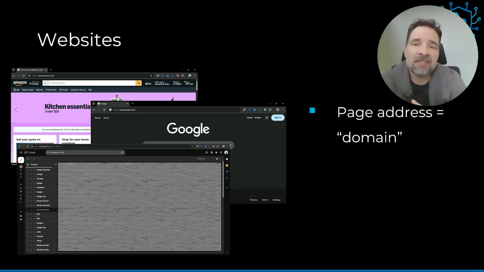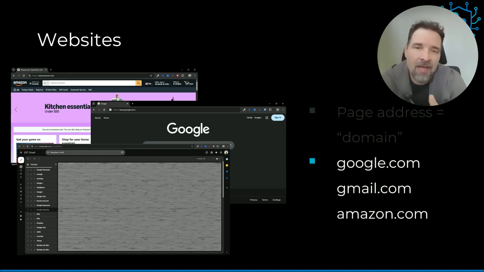So a page address, what you type in your browser to open, is what we refer to as a domain. Examples of domains are google.com, gmail.com, amazon.com, wikipedia.org. These are all domains, and you can only access them through a web browser.